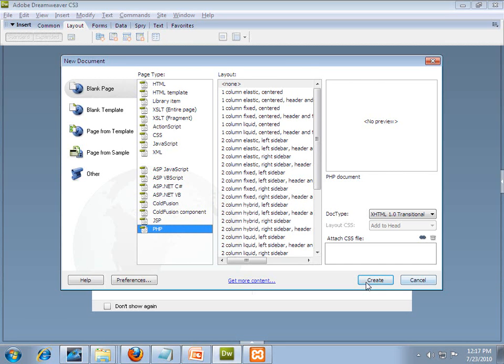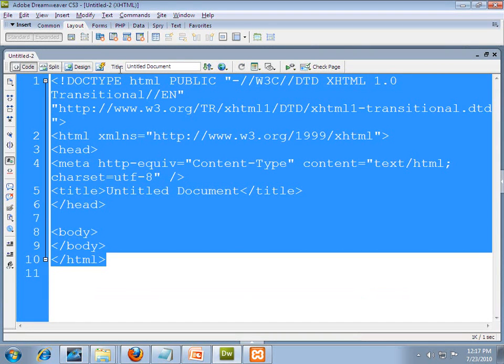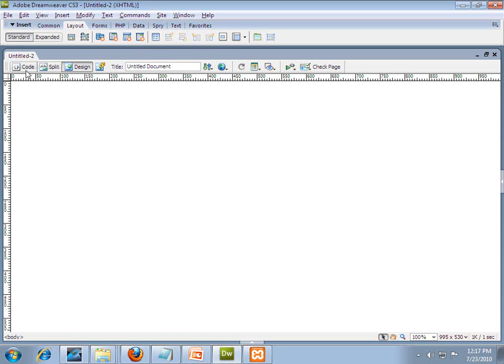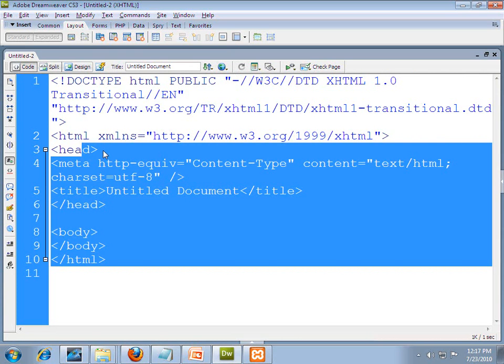Click on the Create button. This is our first page, which has three views: code, split and design. Split shows the source code and the design part in parallel, design shows the designing part, and code shows only the code part.